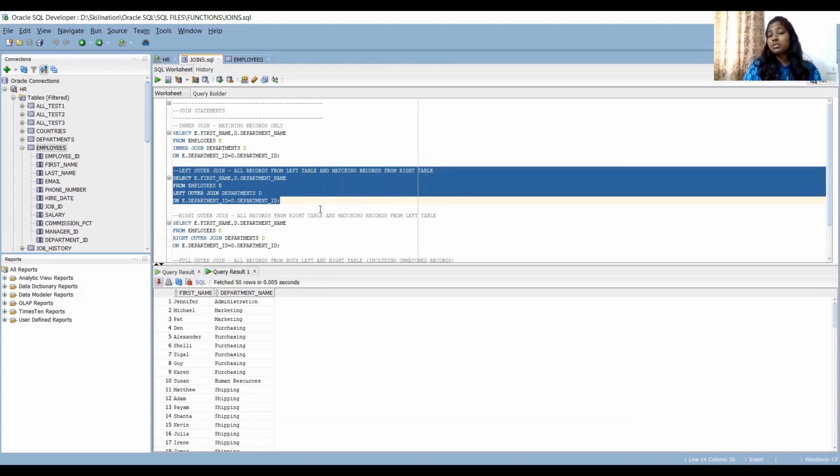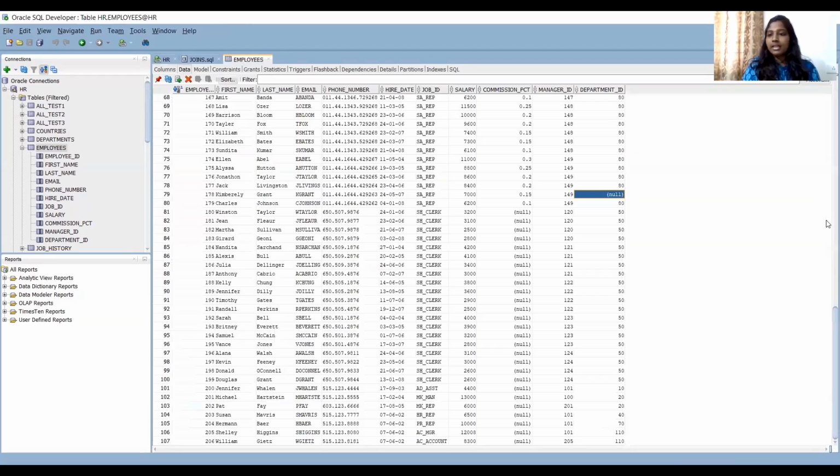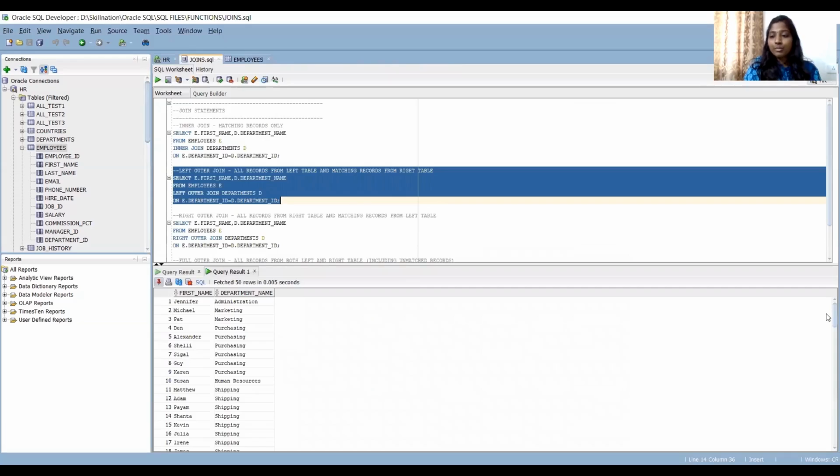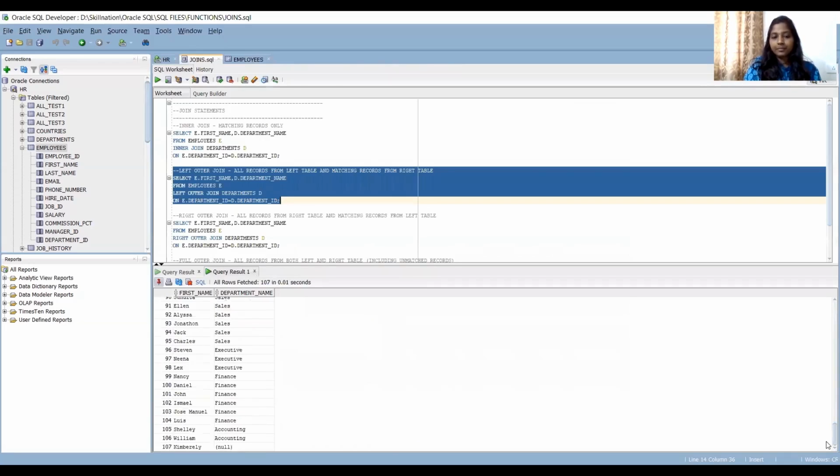So how many records were there in the left table, employees table? 107. Let's check. It is 107. See, 107 records are there. So come back to the query result. We should be having 107.